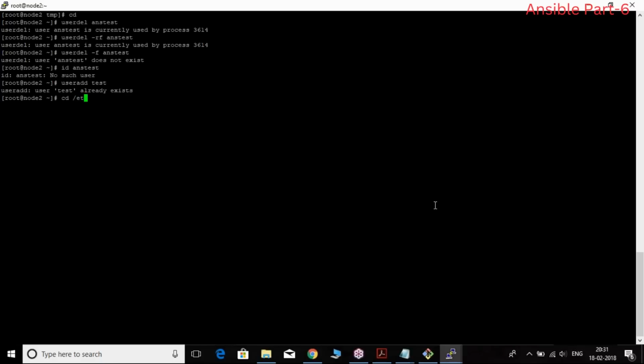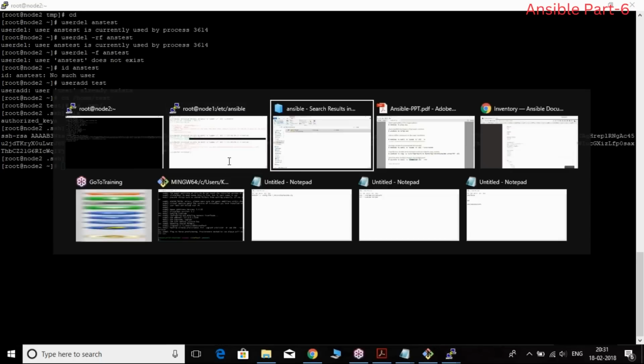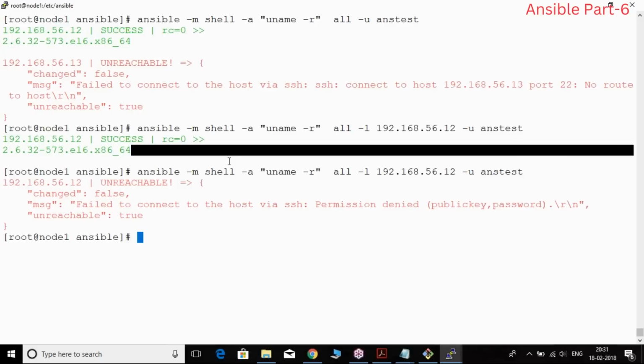Go to cd /home/test, cd .ssh. Yes, there is an authorized_keys file. If you look at authorized_keys with more, there is something like some other server's PEM file, no problem. So now what I'll do here, I'll try to copy with ssh-copy-id. The SSH key is already generated. I'm copying it now to a user called